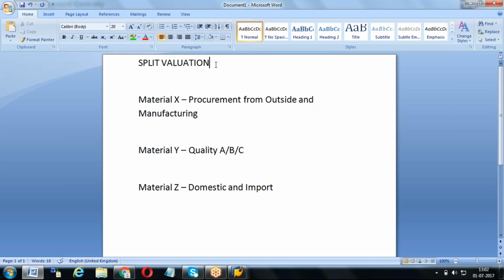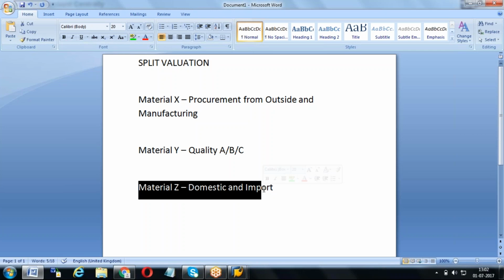Quality, origin, these different kinds of types will be there. And coming to the third example, there is a material you can buy from India, from another vendor, and also you can buy sometimes from US or UK. When you're buying from India, the material cost is, for example, 500 rupees. When you're importing, it can be maybe $10. Same material should be maintained with two prices. At that point of time, we need to maintain split valuation. It's a different kind of business purpose.